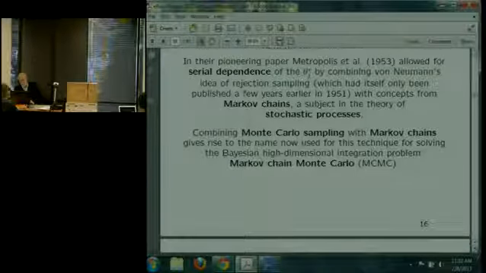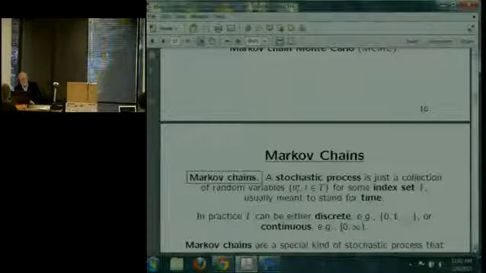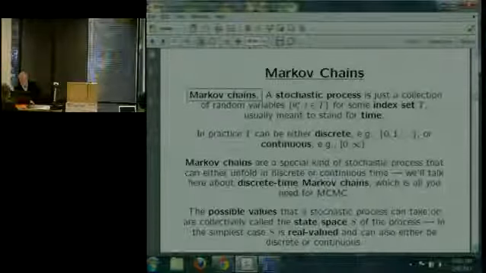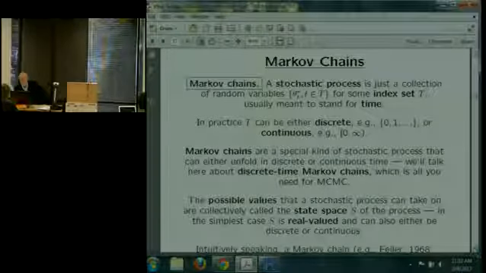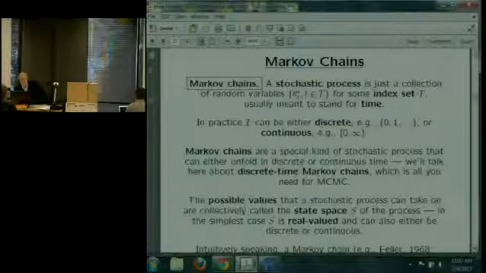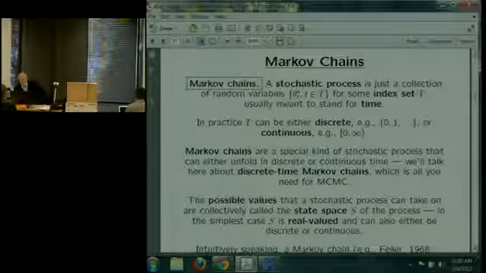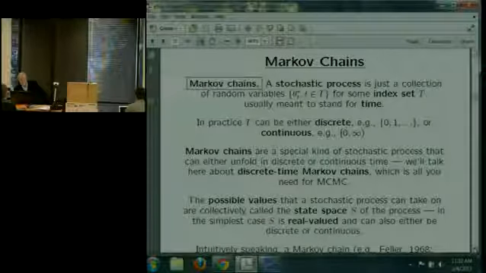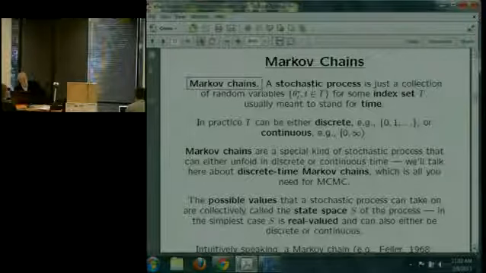So I need to remind you a bit about Markov chains. If you've never had anything about them before, don't worry. We don't need to know very much about them. And if you've had them before and it's rusty, don't worry again, because we don't need to know too much about them. So a stochastic process, a very fancy sounding phrase, it's just a collection of random variables indexed by